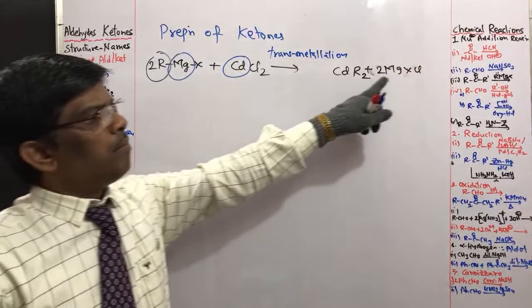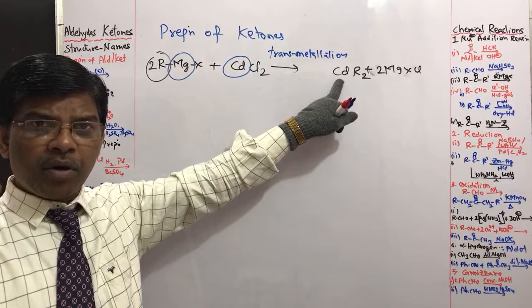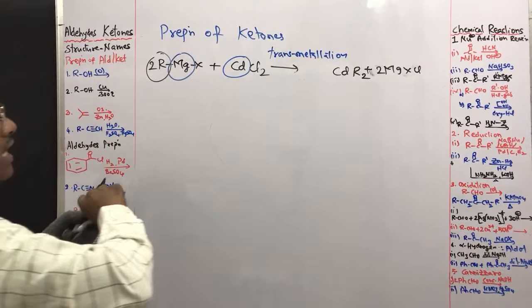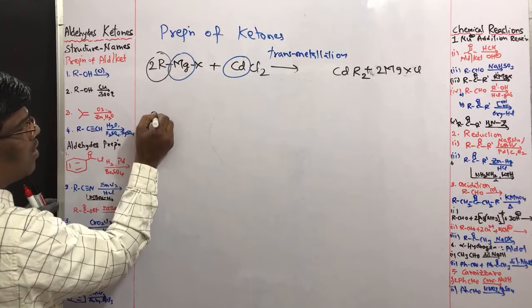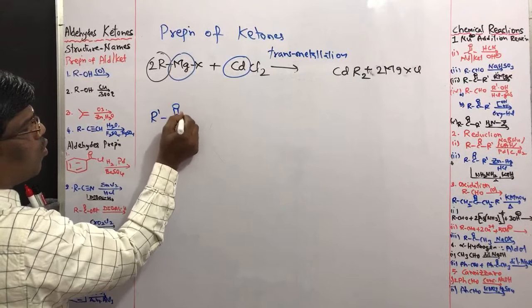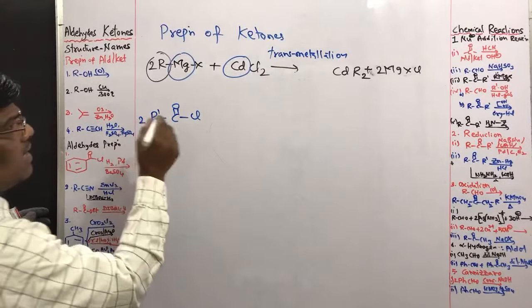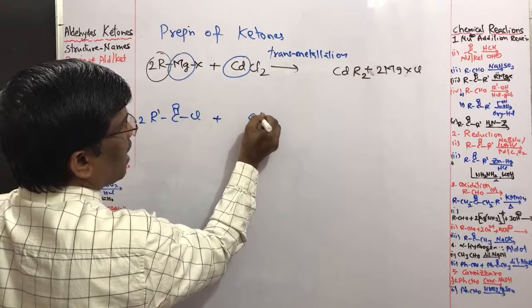Right? It is balanced. This alkyl cadmium compound, when I treat it with acyl halides, for example 2 moles of acyl halides, this acyl halide is going to react with cadmium